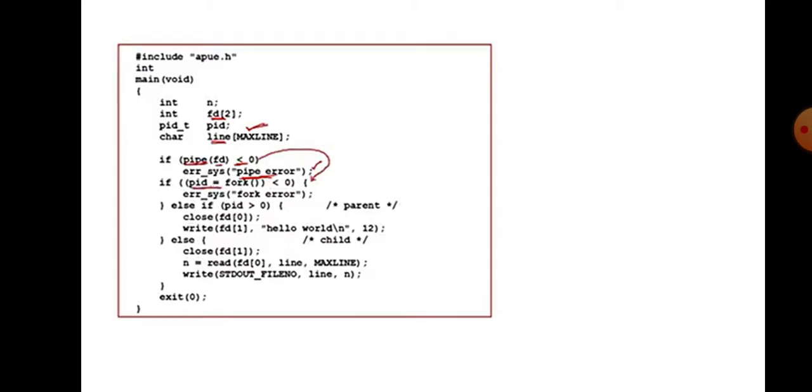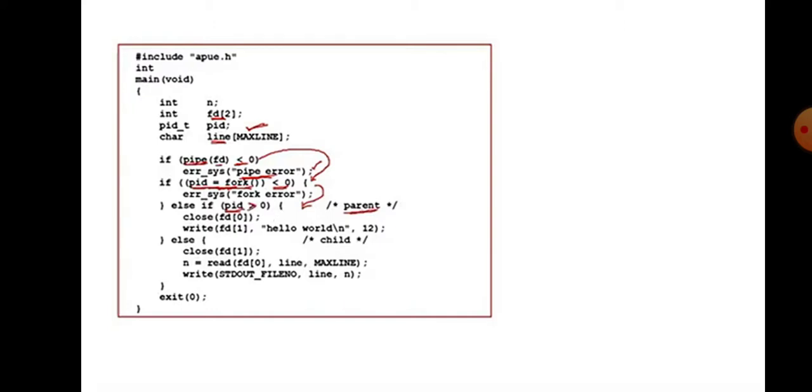I'll skip this and come here, where I make use of the fork system call. Of course, a pipe without a fork system call is next to useless. We have already seen such a scenario. So we create a new child process by invoking the fork system call, and again we check whether the fork is successful or not. If it is successful, we come to the next part, and we all know that fork will create two copies of this program, one given to the parent and the other to the child. That is determined by the value of PID. If the PID value is greater than 0, then I am referring to the parent process.